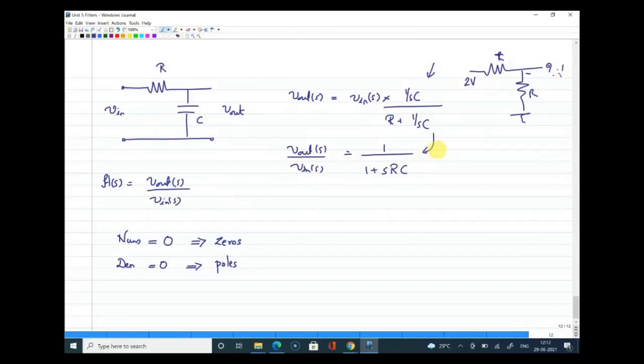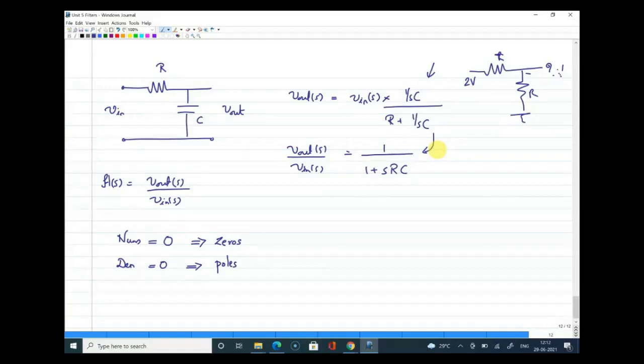I wrote this equation, and from that I obtained an expression for the transfer function. And then what I told is from the transfer function we can actually extract two pieces of information. We call them zeros and poles. So what is a zero? If you equate the numerator to 0, whatever you get from there, we call it a zero. In this transfer function there is no zero. Now when you equate the denominator to 0, whatever you get are called poles.